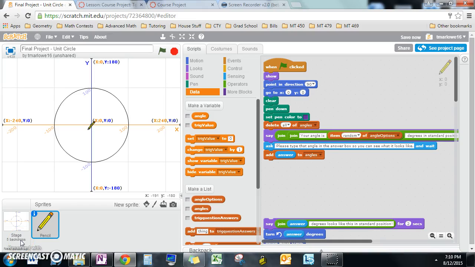Now that we have our background in place, we can go ahead and get started with the coding, where we're going to have the sprite ask us a random unit circle angle that we'll eventually find a trig value of. In order to get a randomized unit circle angle,